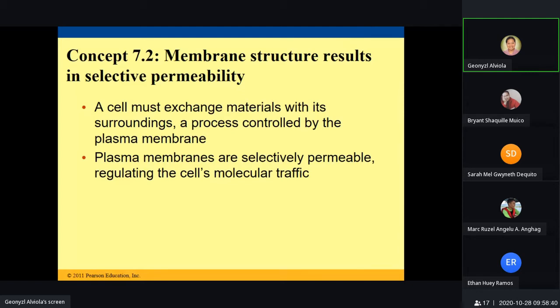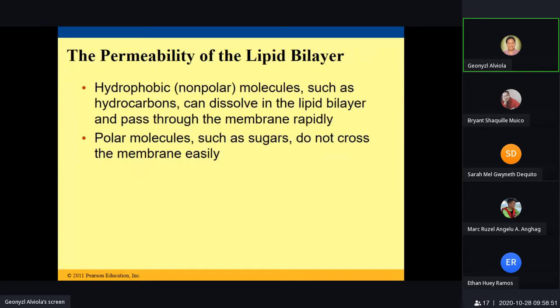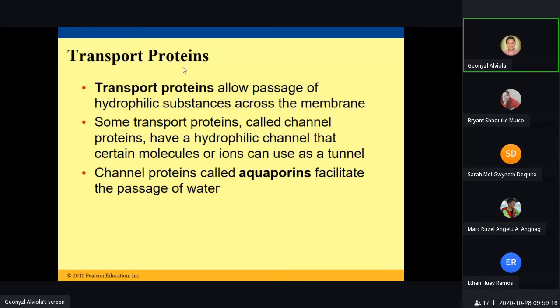And the role also of the protein is hindi agad-agad niya i-accept. Depende kung unsa ang affinity, structure, and its size. So, hydrophobic nonpolar molecules such as hydrocarbons can dissolve the lipid bilayer and pass through the membrane rapidly. Polar molecules such as sugars do not cross the membrane easily. Sugars have transport proteins. Okay, muna itong isa sa mga integral